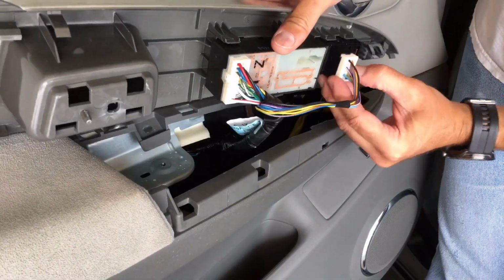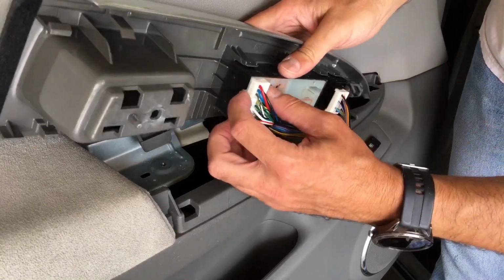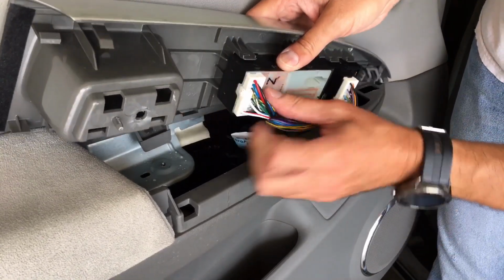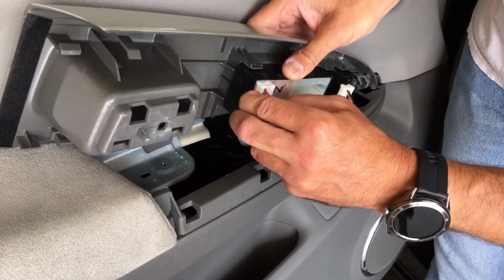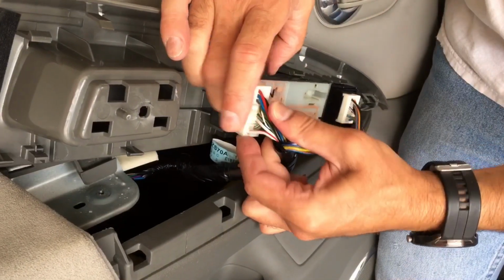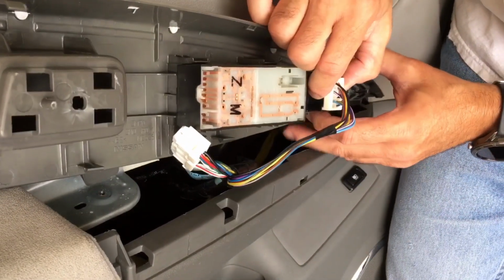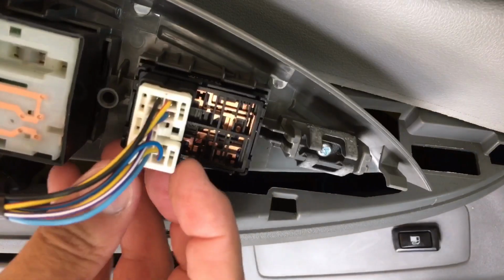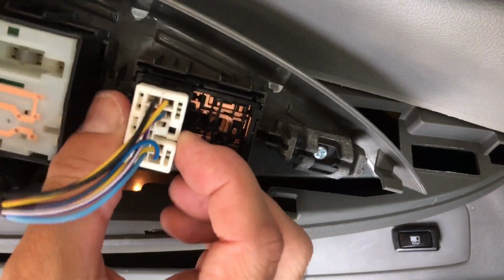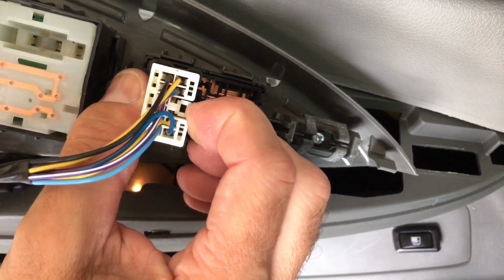So on these clips, you have a little tab in here, which is kind of like any of these harnesses. If you push that in, give a pull, this should come right out. That's one. Same kind of clip on this end here. And I'll show you the little push button. It's this little tab right here, and if I push it, you'll see it move